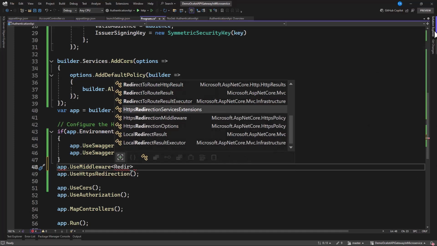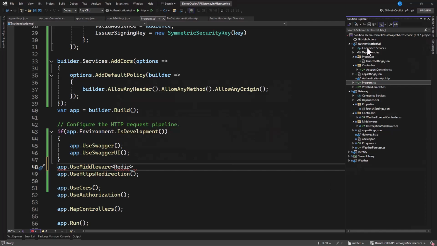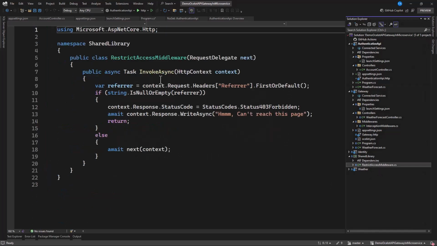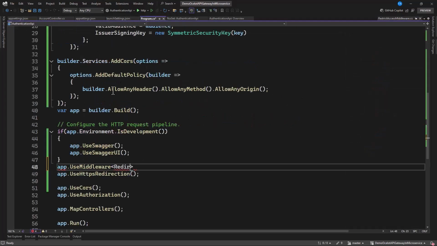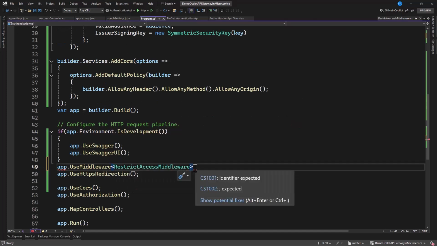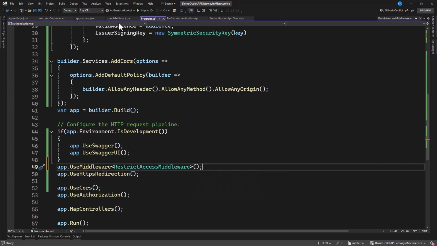Let's go to our shell library, and that is the restrict access middleware. So in there, we're going to paste it in here.